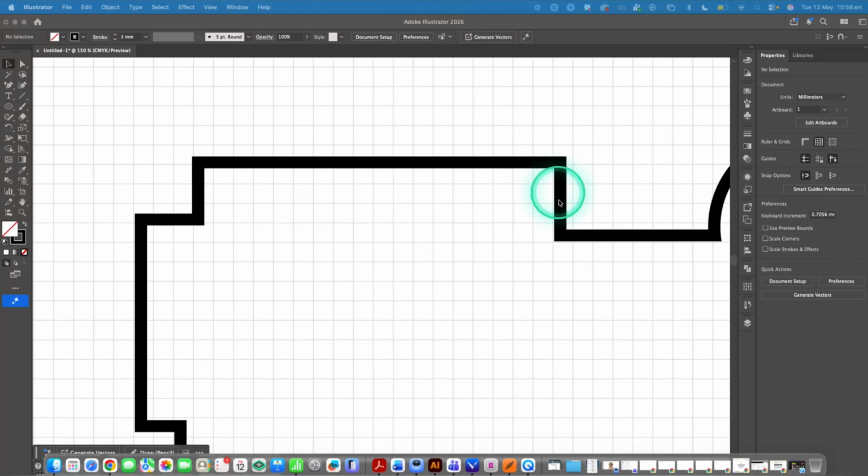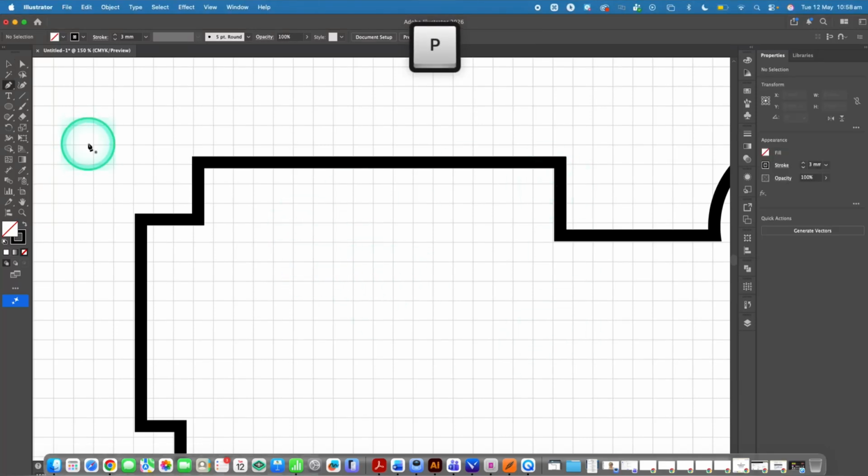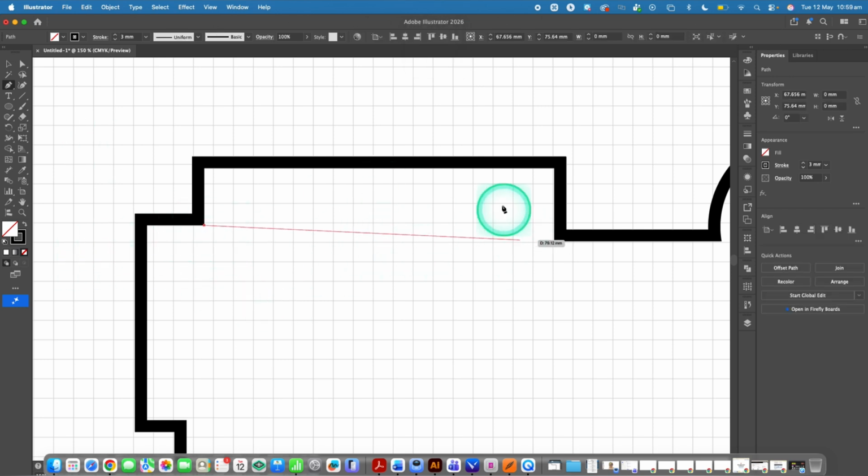Okay, I've got my external walls now. I want to focus on my internal ones. P to use the line tool. With this one we can add to the corner point. If we want to have a straight line, we hold down Shift,